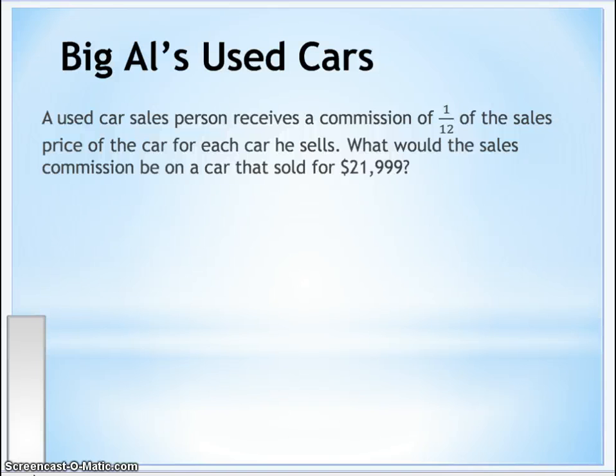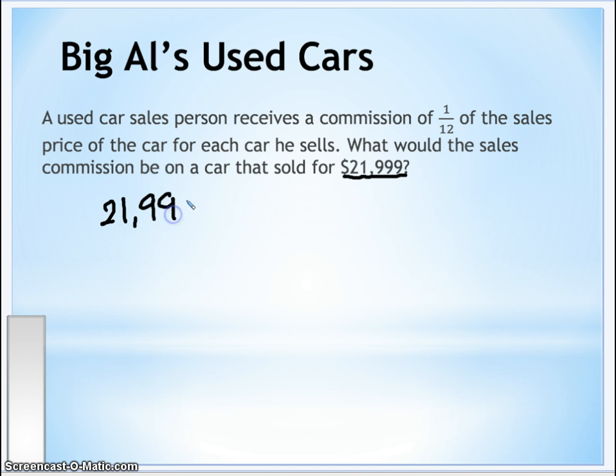Now we will move on to commissions. And remember, commission is that percent that a salesperson gets, but we're using it as fractions. So a used car salesperson receives a commission of 1/12 of the sales price of the car for each car he sells. What would the sales commission be on a car that sold for